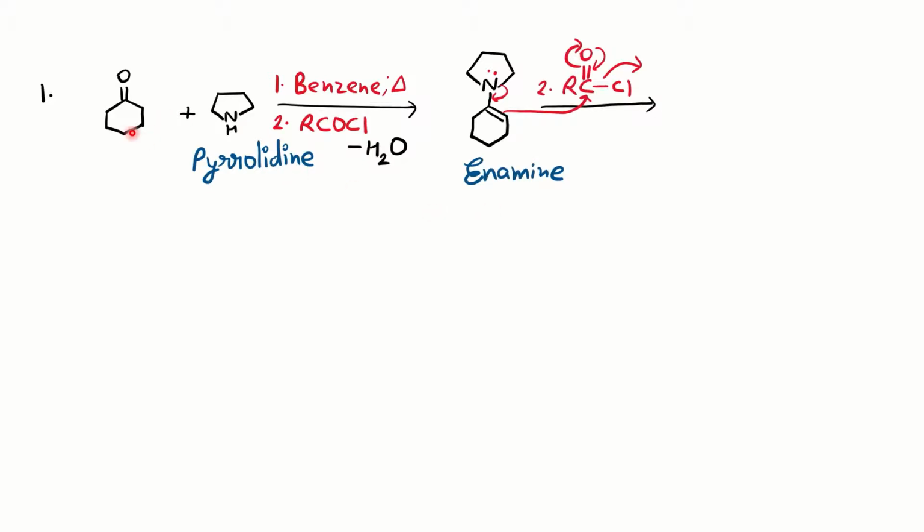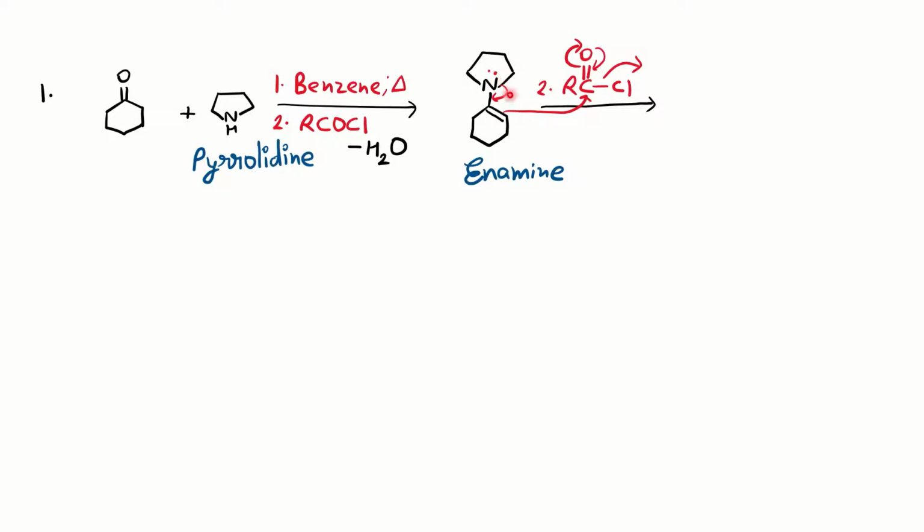In the first step, as we have already learned in the mechanism, enamine formation takes place. So I have already written the enamine. I'm not writing all the steps again and again. MSc students have to write the steps, because the question asks to write the mechanism. For competitive students, you just have to write the product, so we will see a direct trick also, how to write down the direct product without doing the mechanism. So this is the enamine form of it, and we have the acylating agent here.